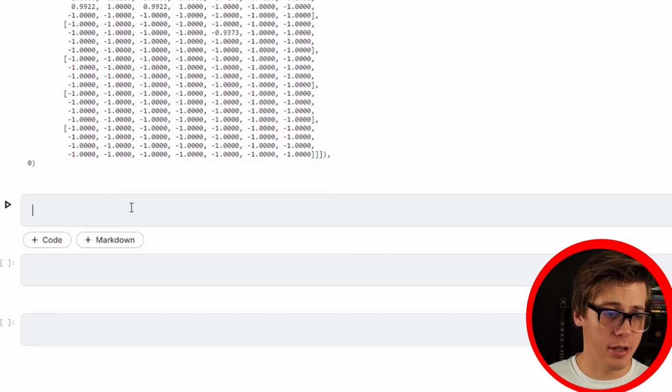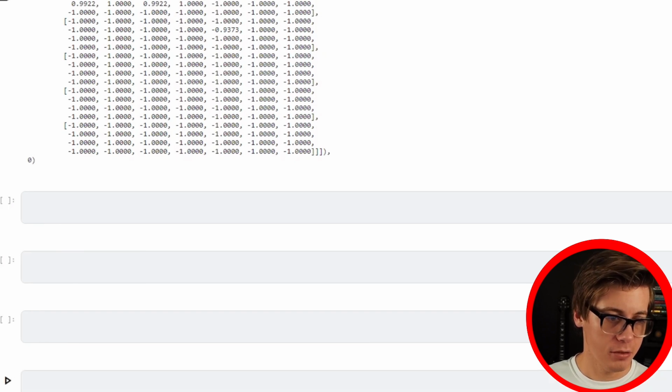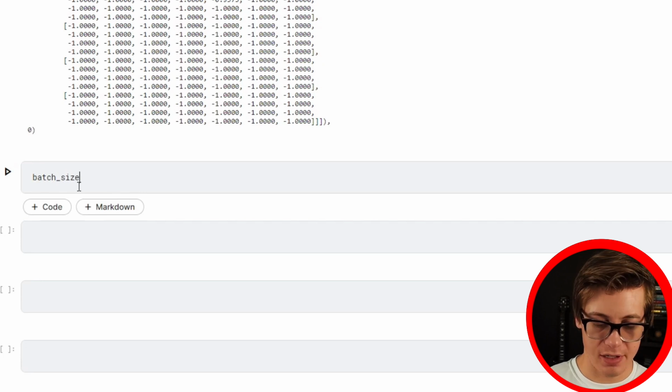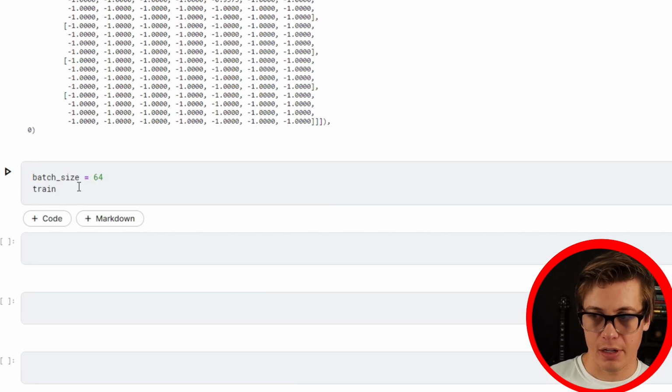All right, so now let's build out our data loader. So let's do that. First thing we're going to do is set up our batch size. We're going to say our batch size is equal to 64. Then we're going to copy a lot of the code for train and test data loaders, but what I'm going to say is train data loader over here. It's going to be equal to